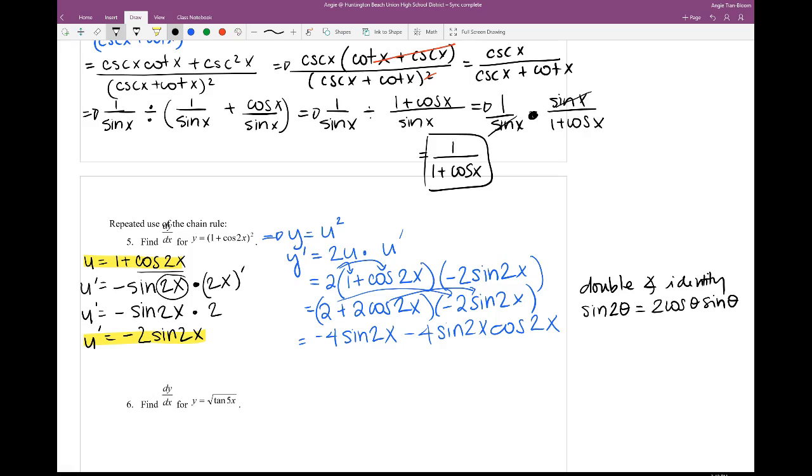So what does it mean? What if I have sine of 4 theta? That means I have 2 cosine of 2 theta sine of 2 theta. That's what it means by that. And then what if I have sine of 6 theta? The pattern keeps on going, okay? So guess what? From here, you can think of it as